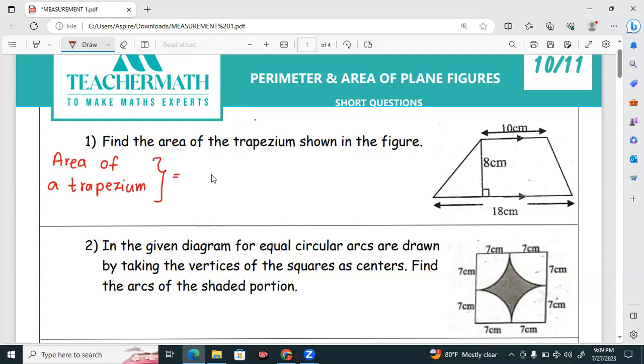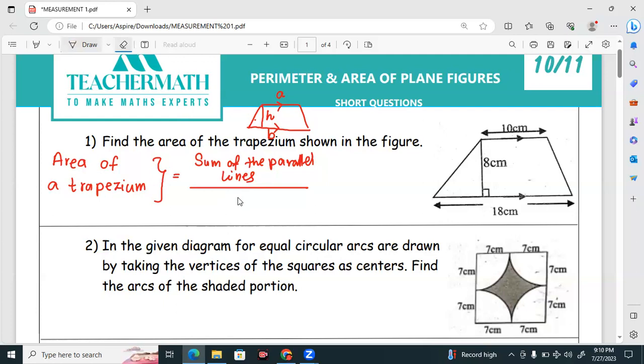Area of a trapezium can be obtained. Now, if you consider a trapezium like this, and if it is given the length of the two parallel straight lines and the perpendicular height, then you have to take the sum of the parallel lines, divide by 2, and this is multiplied by